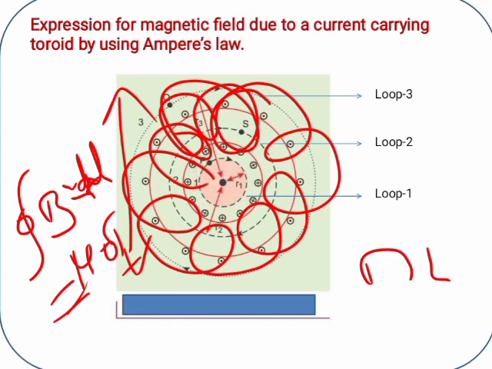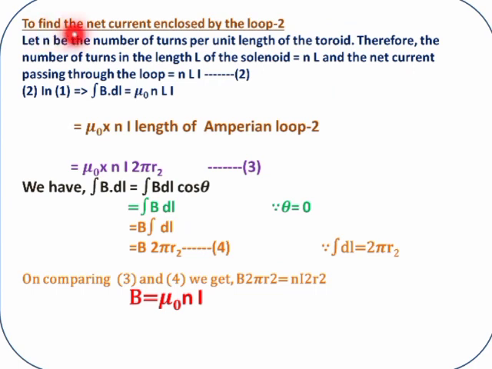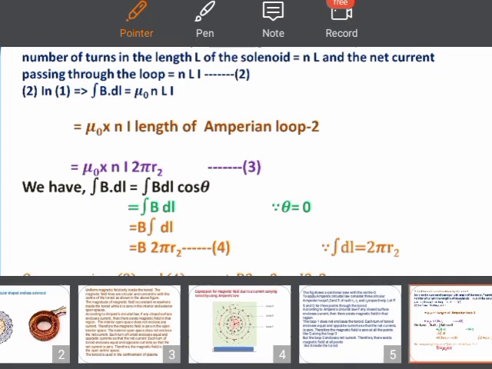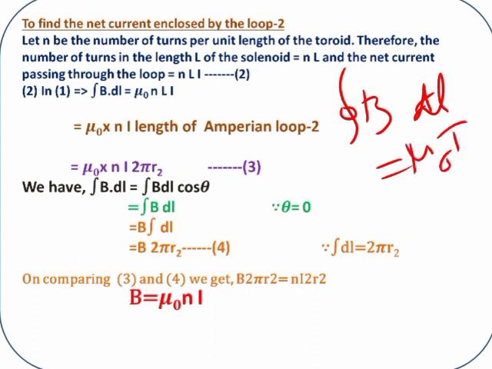Okay, carefully see here, this is the coil where the magnetic field is present around this, that is nothing but the loop 2, second loop. Okay, next one, mathematical part. According to Ampere's circuital law, we know that the integral of B dot dl is equal to mu naught times the net current. You can call this equation number 1.